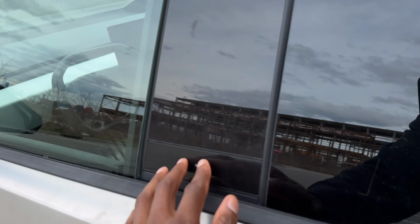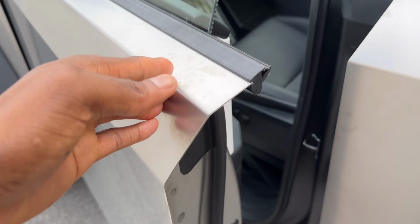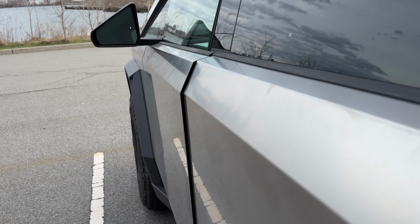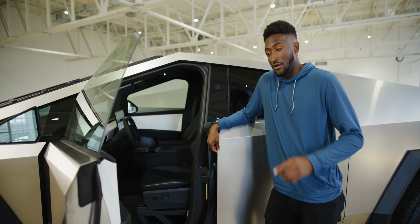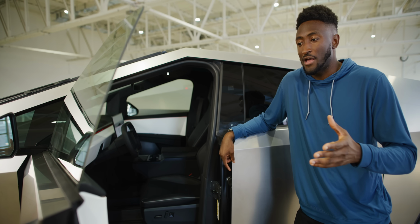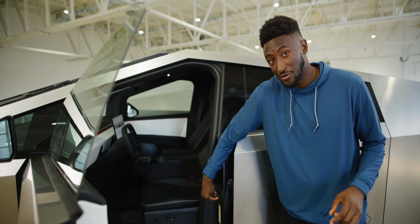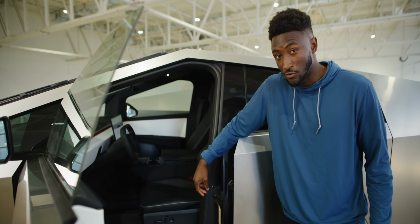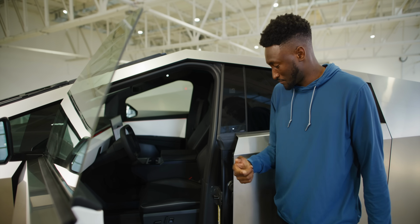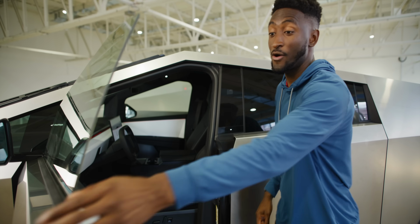But on delivery, this one had a pretty big panel gap on the driver's side door. And I never really care about panel gaps, but this one in particular actually started growing and getting worse. It literally looked like the door was open, and then it started making weird noises while closing, until one day it actually broke. So it turns out it wasn't a panel gap, it was actually a manufacturing issue where the bolts that hold this latch in place were not torqued tight enough, and they loosened over time and it fell out. And so Miles actually had the bright idea to just gaff tape the latch securely back in place, and now when you close the door,